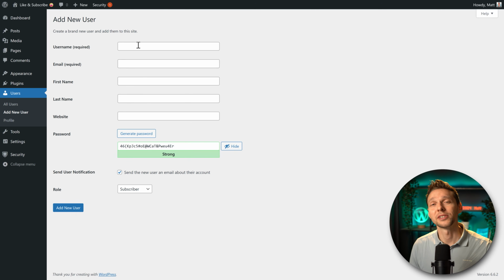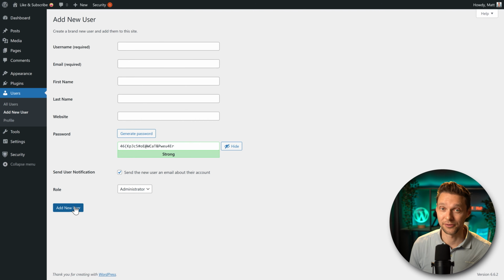Then create a username that is something else than admin. Fill it all in, use a different email address than the user you are logged in right now. Make sure to put the role on admin and then you're going to add in the new user. This is very important. Then you log out and you're going to log in with this new admin. You're going to delete the old one with the username admin, delete it, and then you can create a new one with your first email address if you want that, or just keep it like this. But never ever use a username called admin.